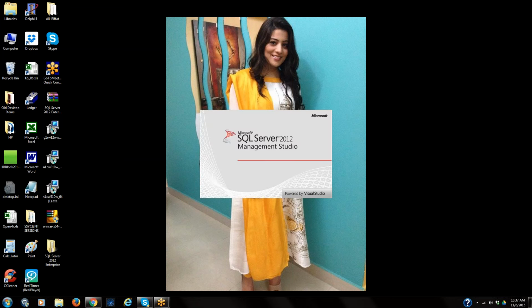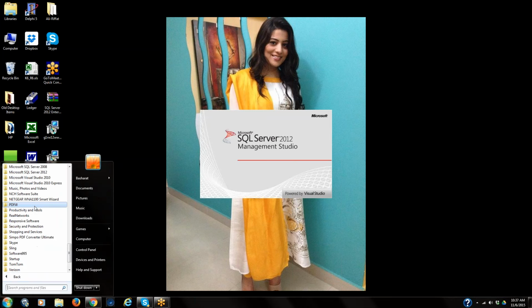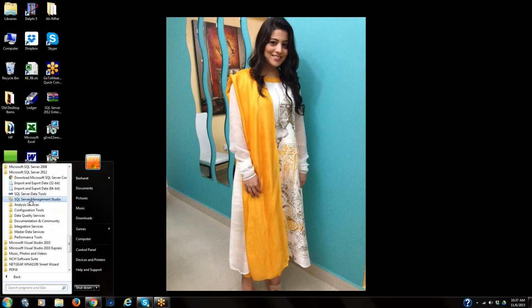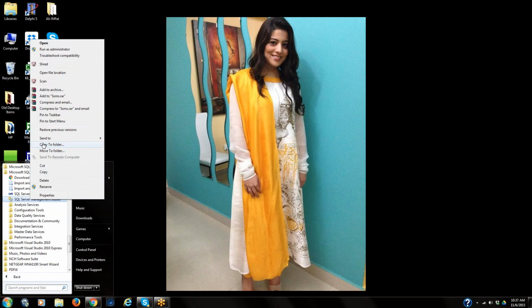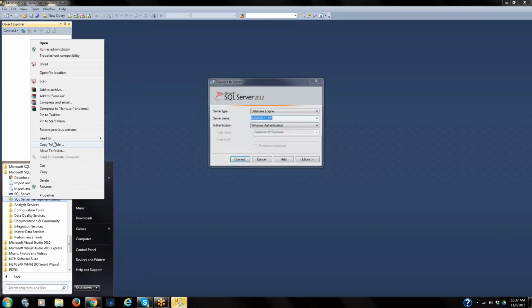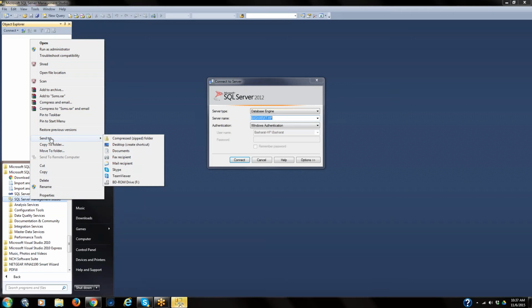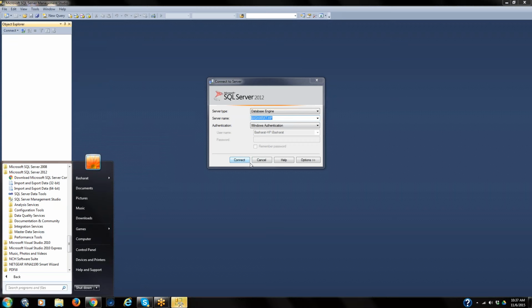Right click. Otherwise, just take that icon. You have to move it to the desktop to open it easily. Right click, go to desktop icon, send to desktop shortcut. Click on send to, select the desktop. Here the SQL Server data tool is also the same.